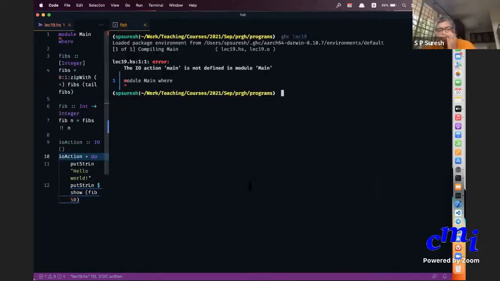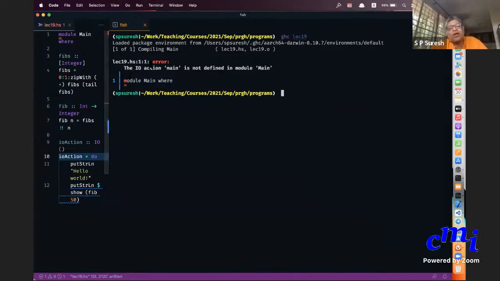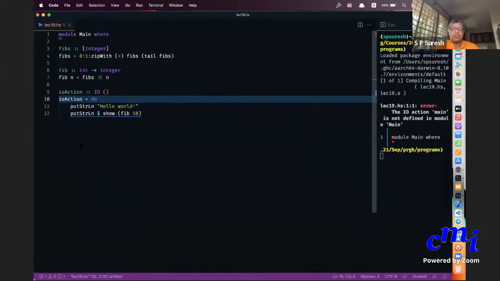But we were at the point of saying I'll remove main and you'll see what happens when I do GHC. It says action main not defined. Any standalone program that you compile should have a main. So the moment you put it back to main, it will succeed.